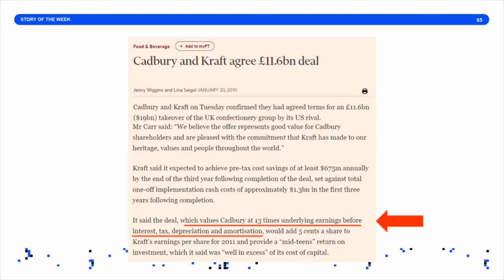The end of the story is that at the end, Cadbury has to increase the price, to 11.6 billion, and that is a 13 multiple. Okay? So basically what they did is to say, look, we are not